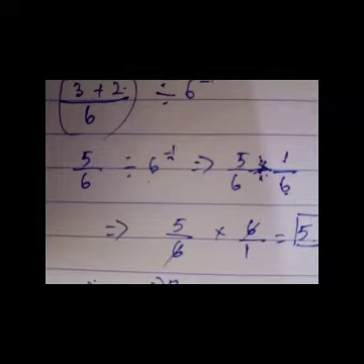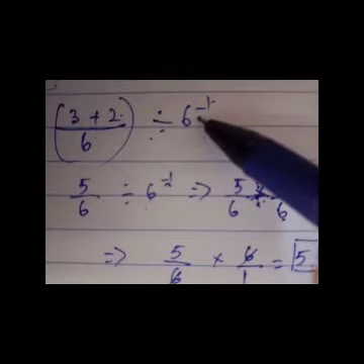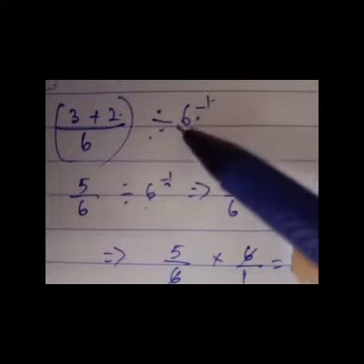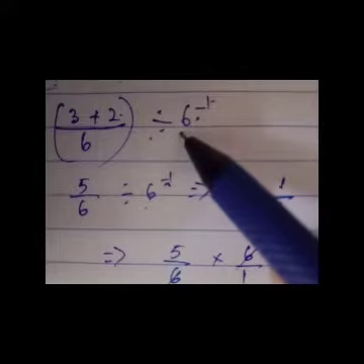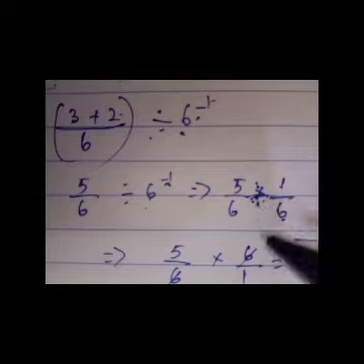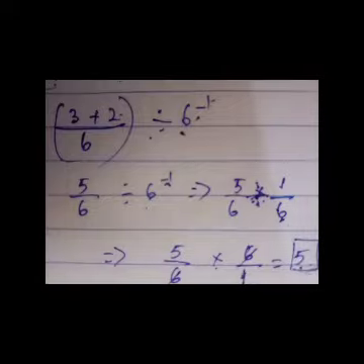Have you understood, students? Here again with the division, 6^-1 is there. You have to change the power into positive. So take the multiplicative inverse of 6/1, which is equal to 1/6. In between the division sign is there. So if it is division, what do you have to do? You have to convert into multiplication by taking the reciprocal of the number. So into 1/6 is 6/1. If you cancel 6 and 6, your answer is 5. Your next question.